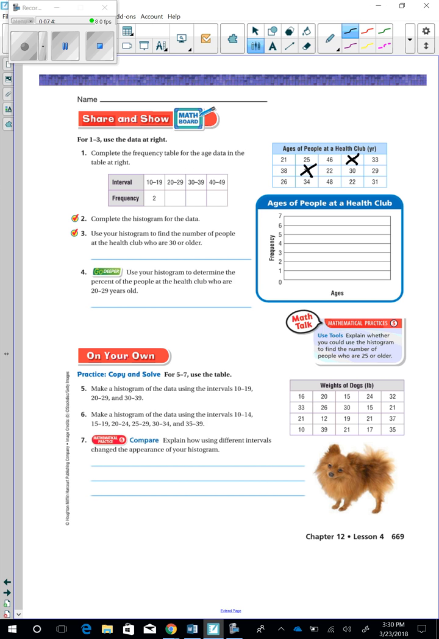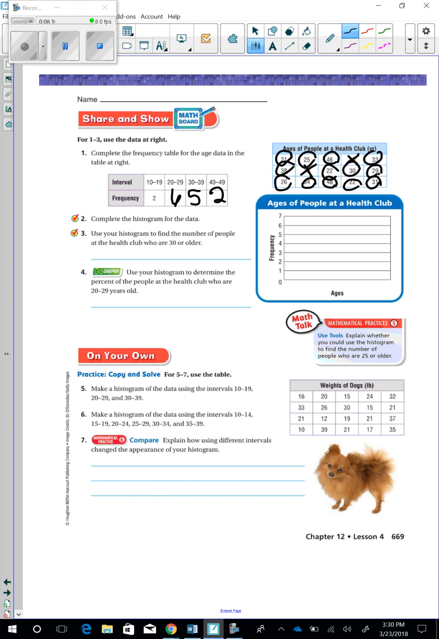So now we need to look at 20 to 29. 1, 2, 3, 4, 5, 6. I'm going to put 6 right there. And then 30 to 39. 1, 2, 3, 4, 5. I'm going to put 5 right there. And then 40 to 49, 48, 46,